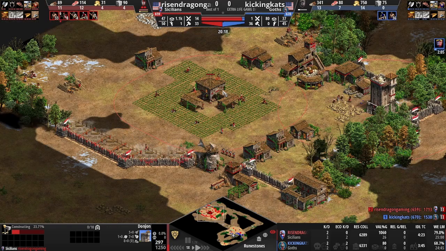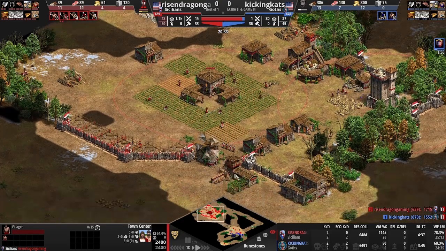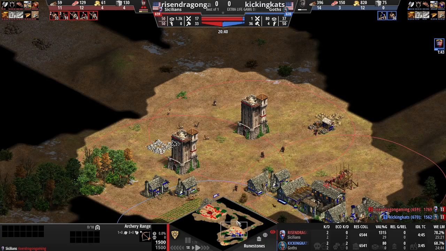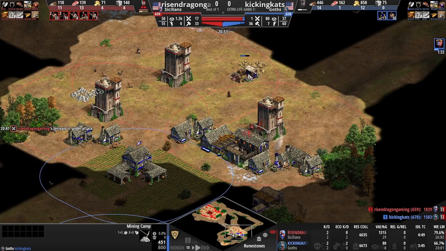And I do start getting a little bit crazy on the walls, idling the TC way too much as well. So I think I got housed here. That's exactly why. And I do have an archery range. I just built a range at random because Goths mainly tend to be an infantry civ. And finally here, I just decided to take out the mining camp,